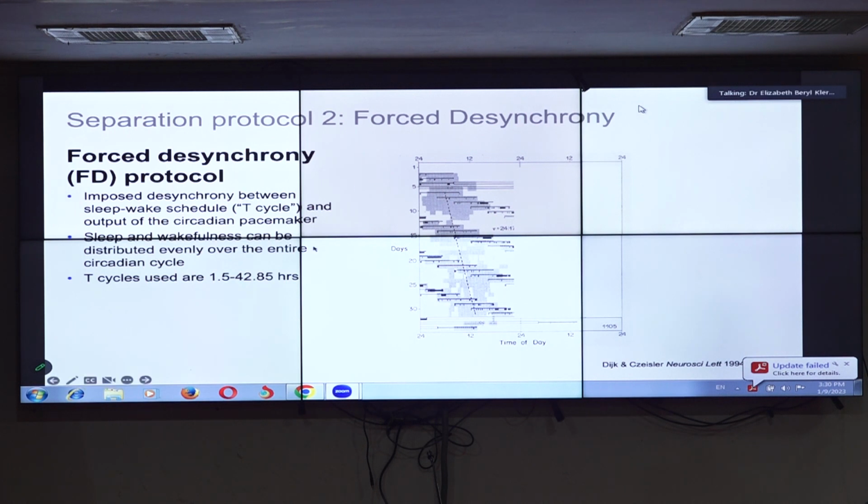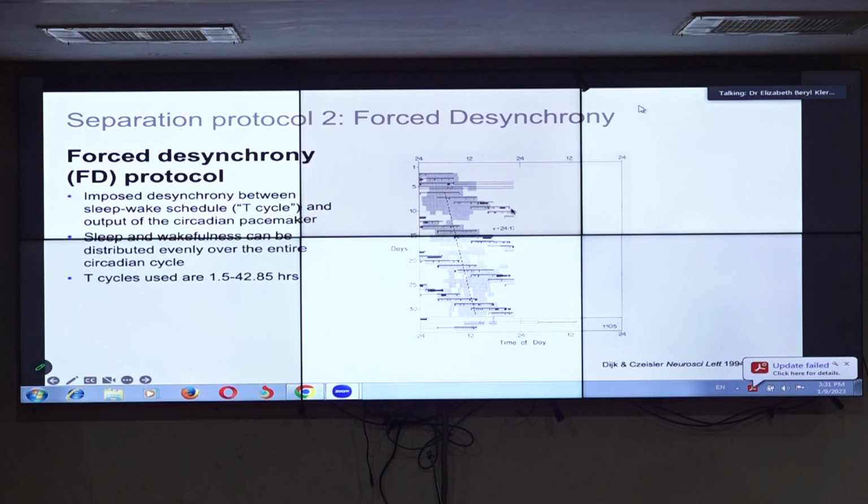And so you can see what happens here: for this particular study, here's one 24 hours, here's the next 24 hours, here's the next 24 hours, here's the next 24 hours. In this case, what we're marking is, in these open bars, when somebody was scheduled to be asleep, in these open columns when the constant routine occurred, and in these black dots when wake occurred within the sleep episode.